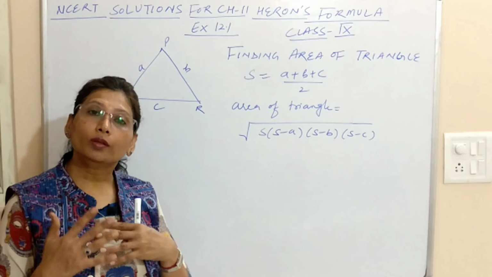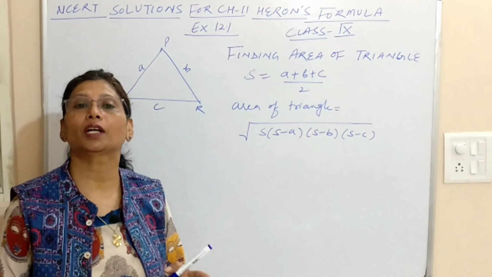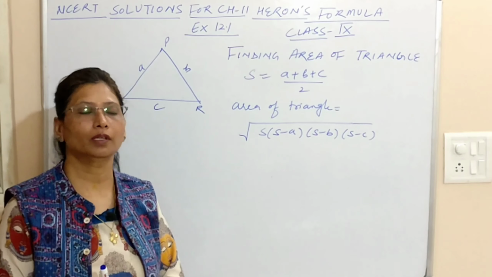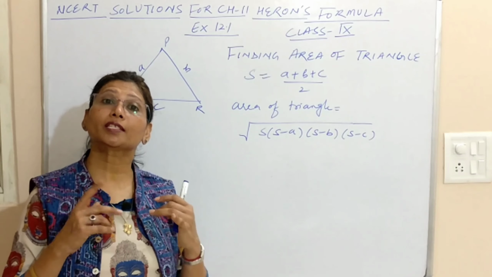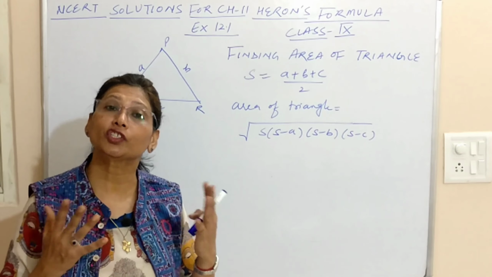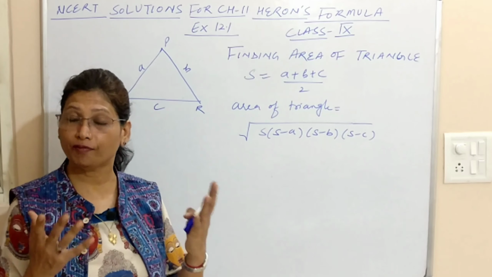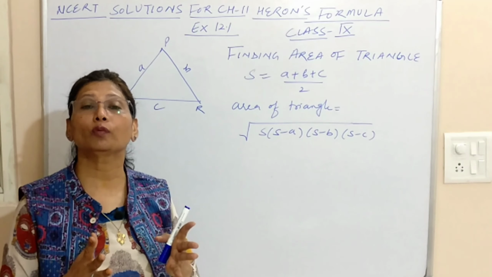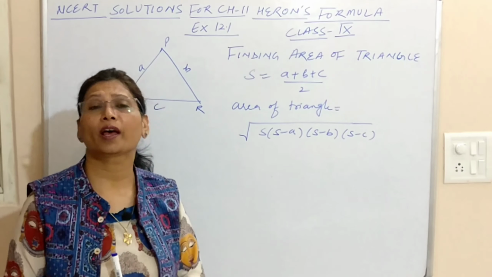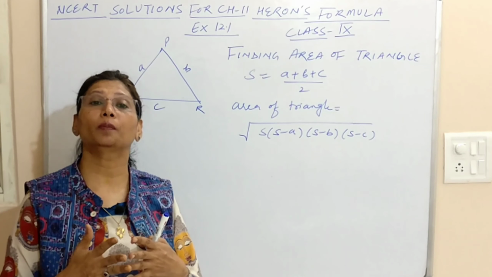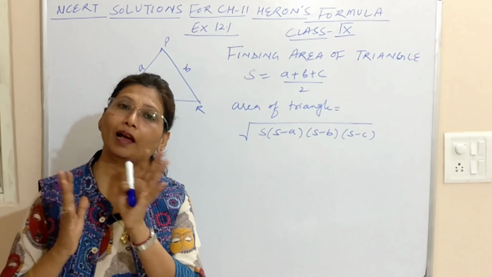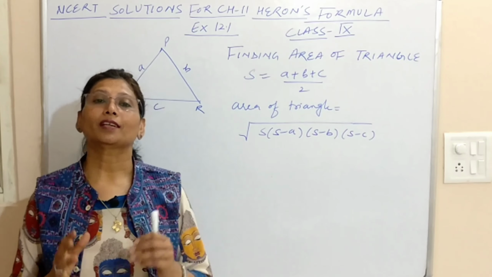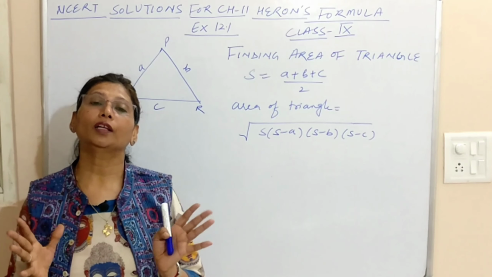Okay. So this formula can be used for any triangle, be it equilateral triangle, be it isosceles triangle, be a scalene triangle. पहली बात. Second thing is this can be used to find the area of any shape which is triangular in any figure which is triangular in shape. It can be a quadrilateral or it can be any other shape which includes a triangle. Can be a parallelogram, can be a trapezium, which can split up in certain shapes like a rectangle and the triangle. So we can find the area of that particular figure. So I will start with 12.1, which is based entirely on the Heron's formula.